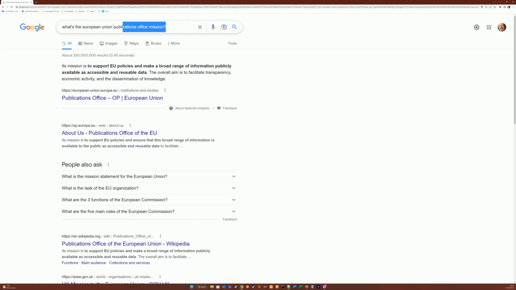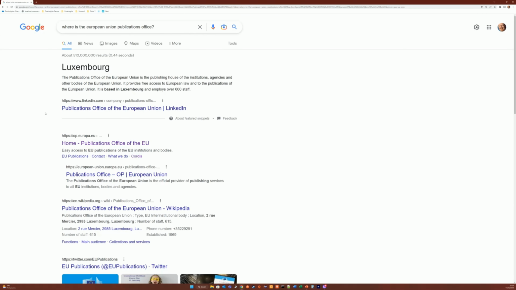I'm going to ask it a different question. So where is the European Union Publications Office essentially located? And again, it's bringing us an answer. It's highlighting the answer in situ, within the document body itself. And this is also a featured snippet. Okay, so for these two questions, Google has deployed its featured snippet capability, which is all about NLU, natural language understanding, vector search, and things like Google BERT helping out behind the scenes.